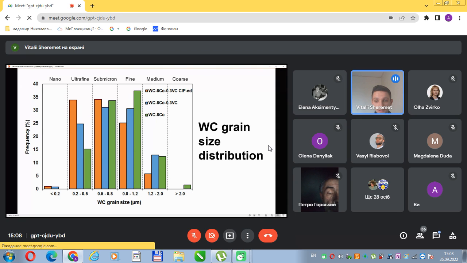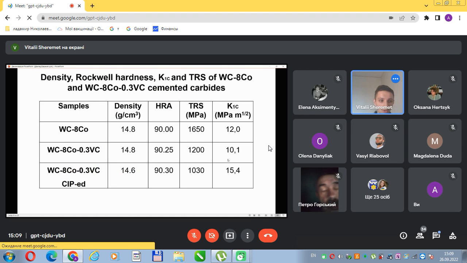It should be noted the appearance of grains less than 200 nanometer, corresponding to nano size, in samples that were subjected to cold isostatic pressing and containing the addition of vanadium carbide. Also, in all samples except those made by conventional technology, the disappearance of large coarse grains larger than 2 micrometers should be noted. All the above mentioned features of the grain structure are closely related to the mechanical properties